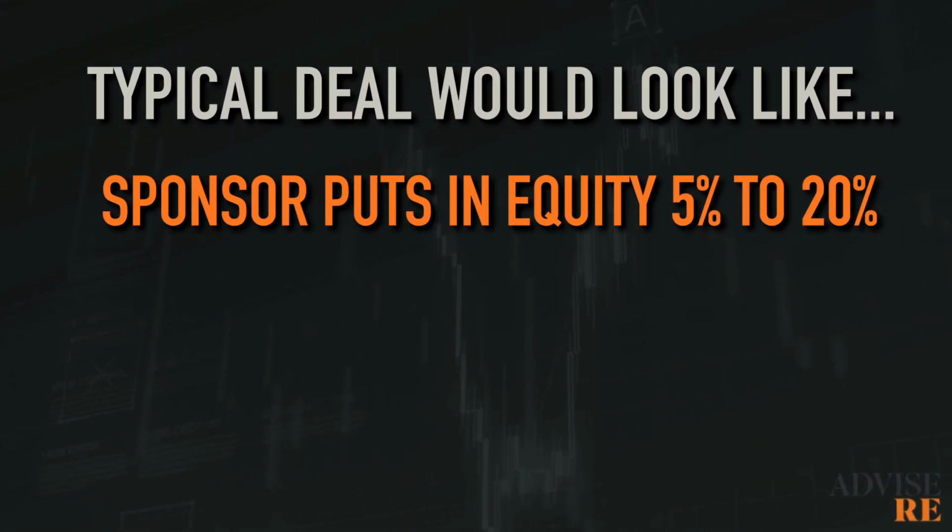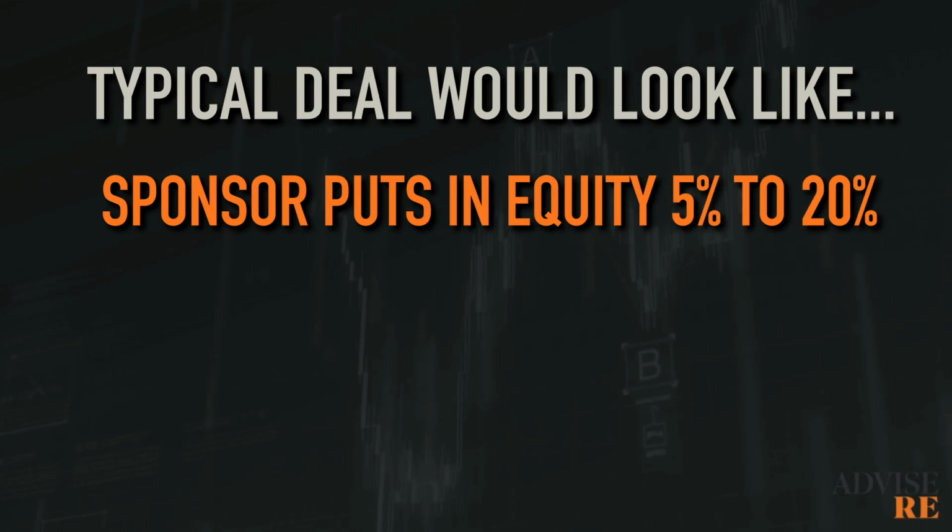So with that in mind, how does it all work? How does the cash flow get split? What are some events that might trigger cash flow? And how are some of the ways deals kind of shake out? So a typical deal, and I'm not saying all of them are like this, is going to be something along the lines of the sponsor is going to put in some amount of equity, maybe 5, maybe 10, even up to 20% of the equity.